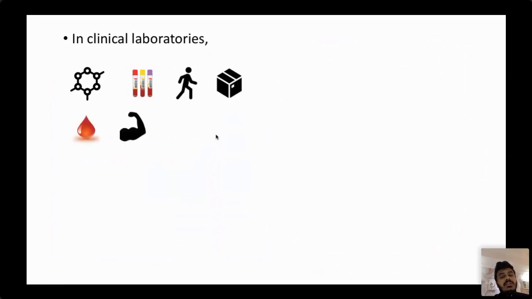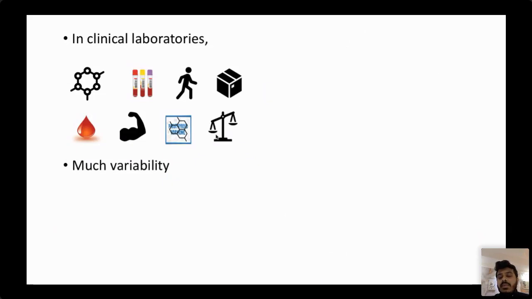In clinical laboratories, as you know, if you work in a clinical laboratory, you will know that many analytes can be affected by different factors such as type of tubes, transportation, and storage conditions. Although many analytes are stable and not affected by these factors, others such as parathyroid hormone are very sensitive and can be affected by the factors mentioned above.